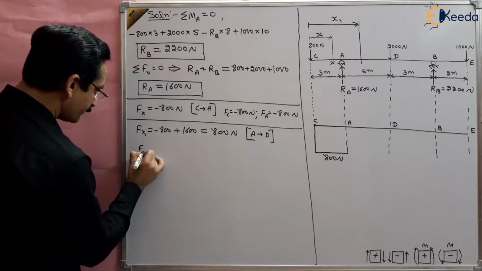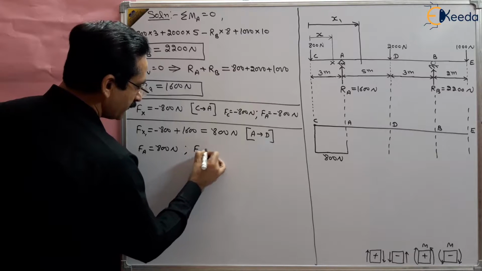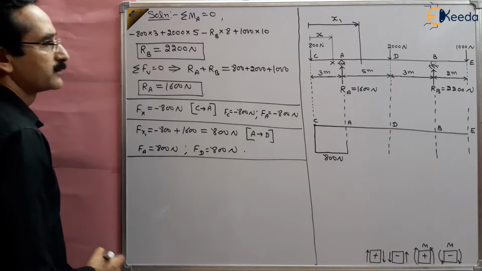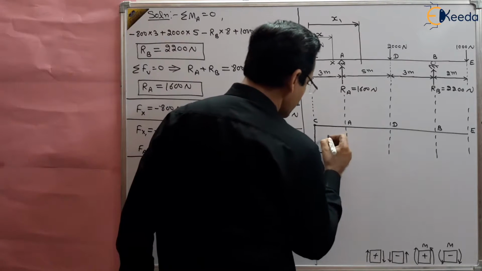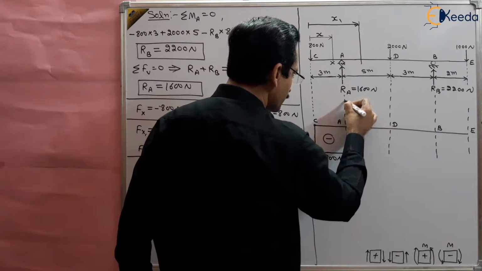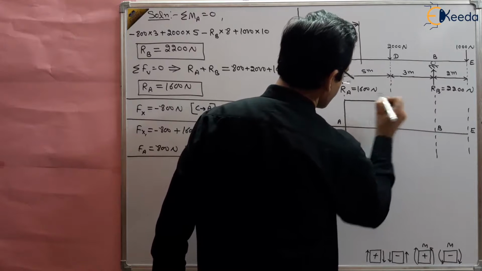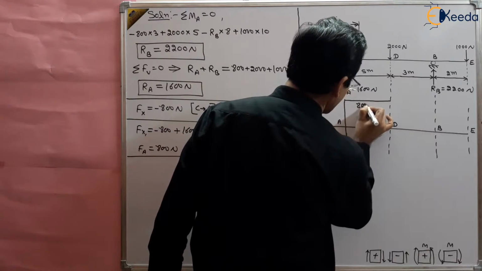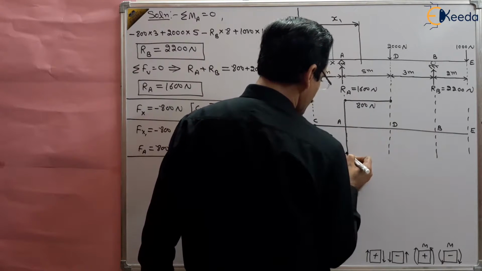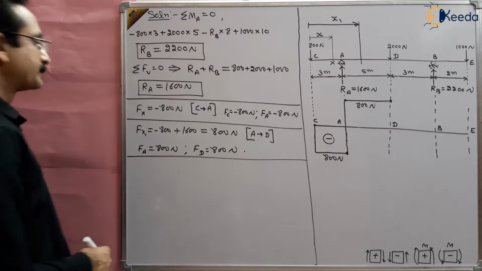It means that Fa has the same value, 800 Newton, and Fd has the same value of 800 Newton, right? So this is another part of this shear force diagram. So minus 800 plus 800, from here to here there is an abrupt change from minus 800 to plus 800, and this is constant, right? So this is 800 Newton positive from this part to this part, right? From minus 800 to positive 800 Newton, right? So this is another part.